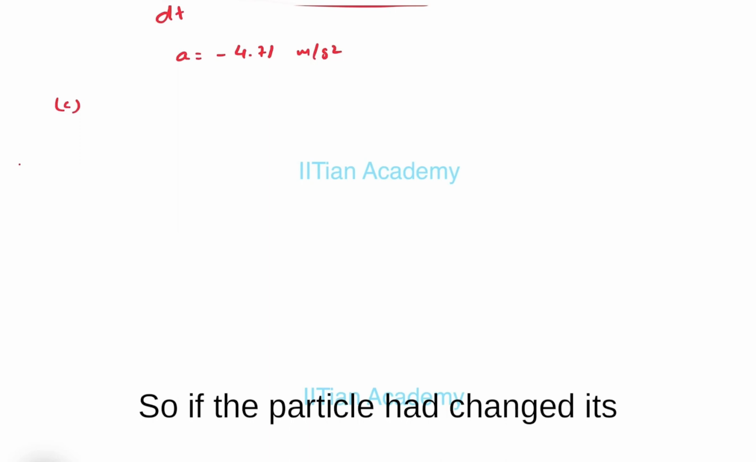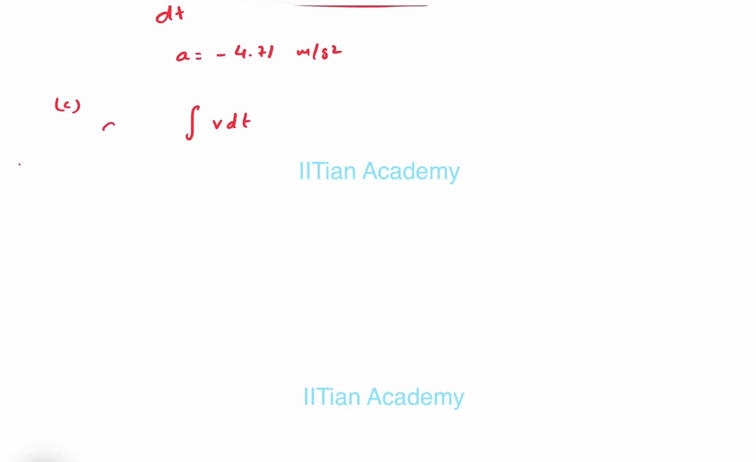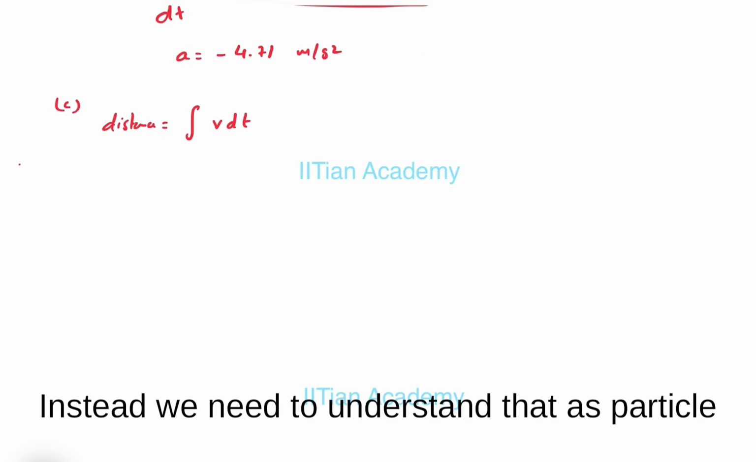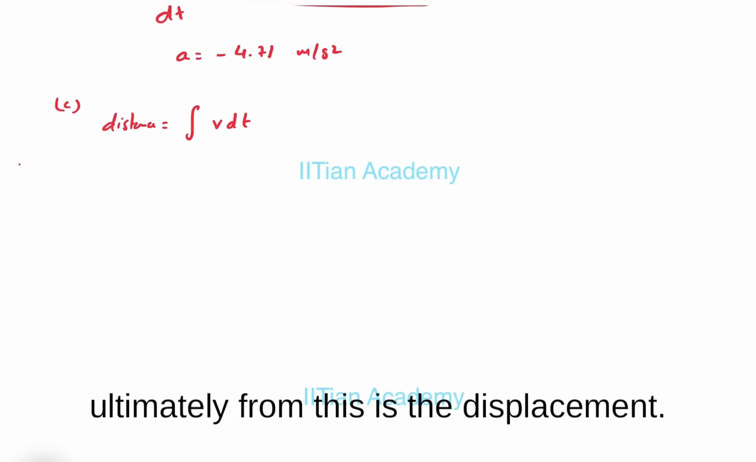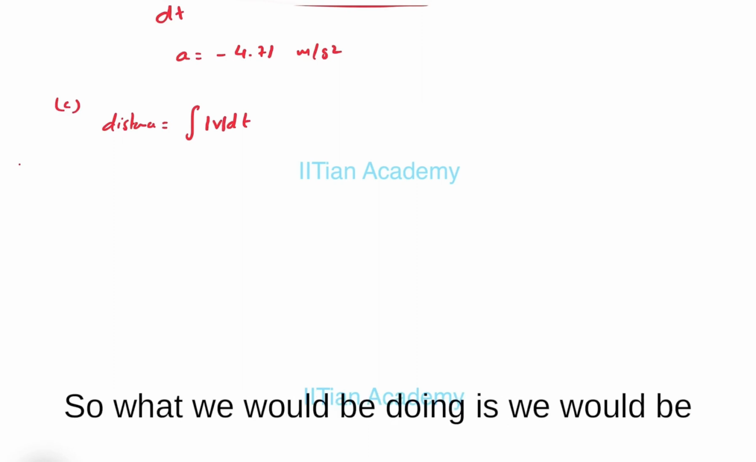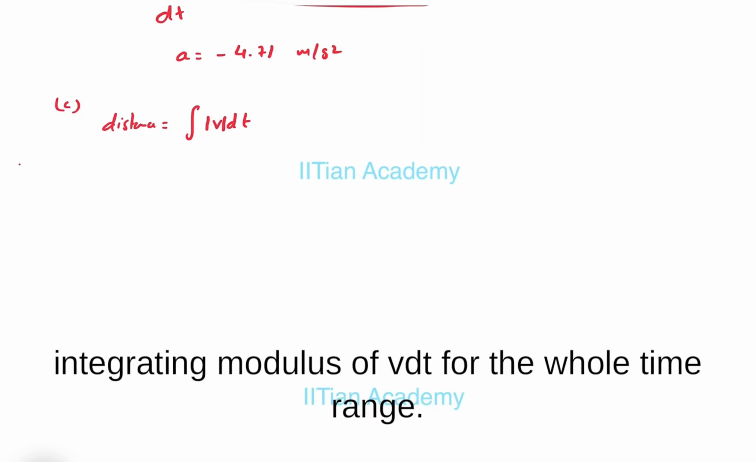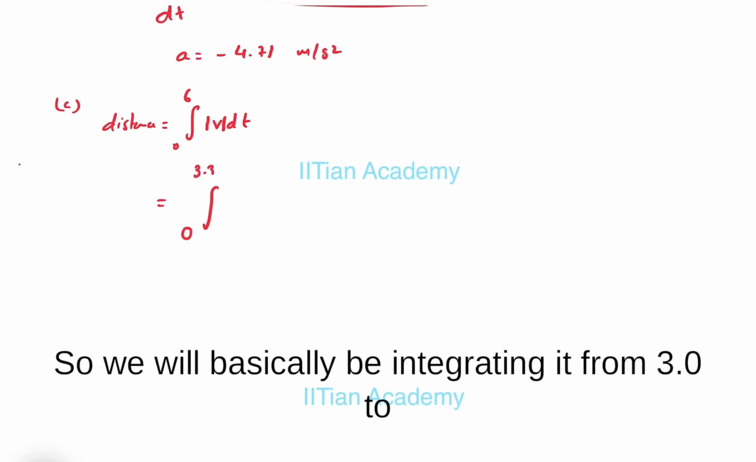So if the particle had changed its direction, we cannot simply integrate the velocity with time to get the distance. Instead, as the particle can change direction, what we will be getting from this is the displacement. So instead, we need to get distance. So what we would be doing is integrating modulus of v dt for the whole time range. And from the previous part, we know it is changing its direction. So we will basically be integrating it from 3.0 to